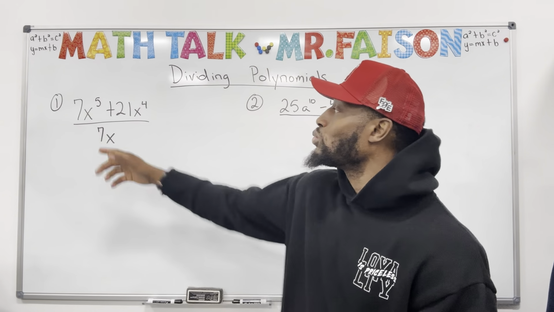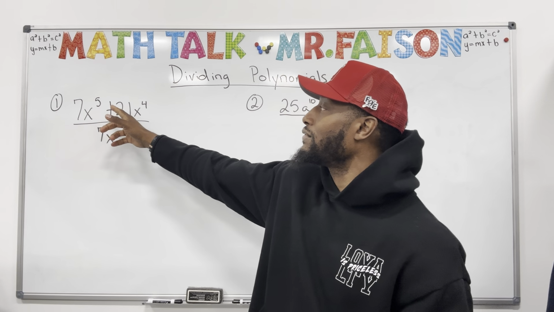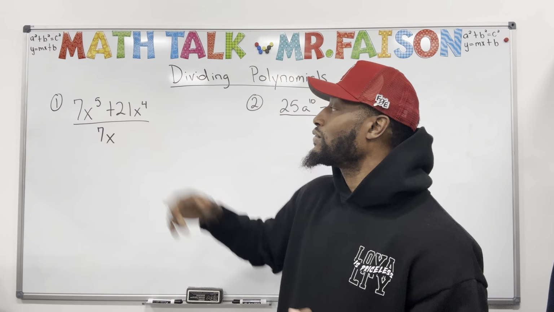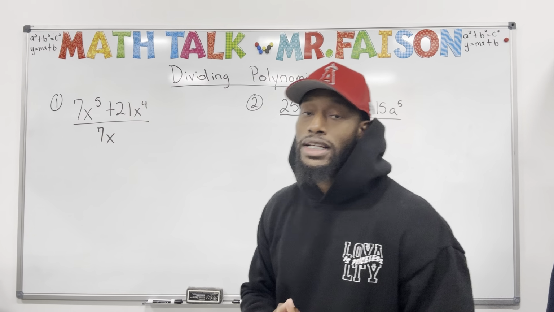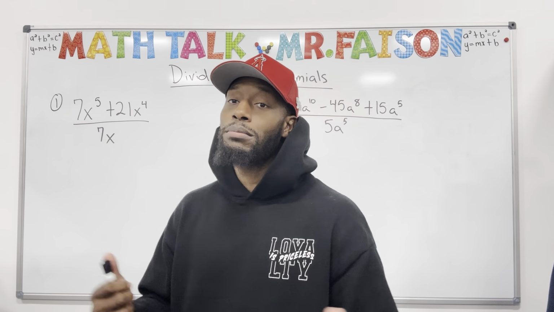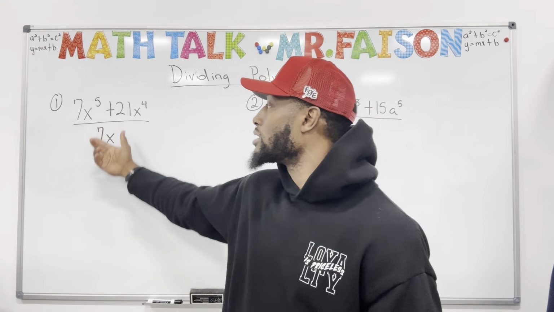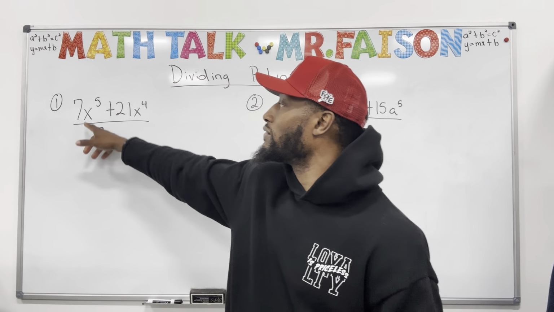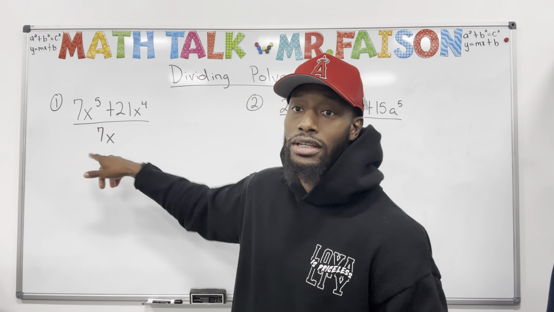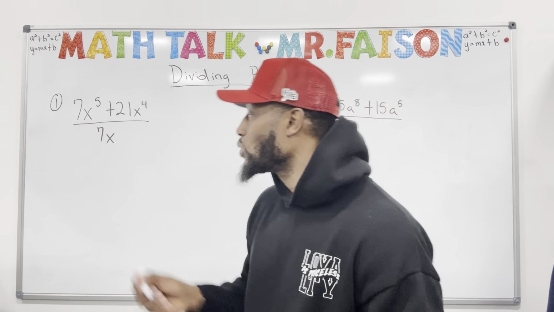First, problem number 1, we have 7x to the 5th plus 21x to the 4th, and we divide that by 7x. So the first thing I'm gonna do is divide the coefficients, or the big numbers, right? So I'm gonna divide 7 by this 7 right here. 7 divided by 7, we know is 1,